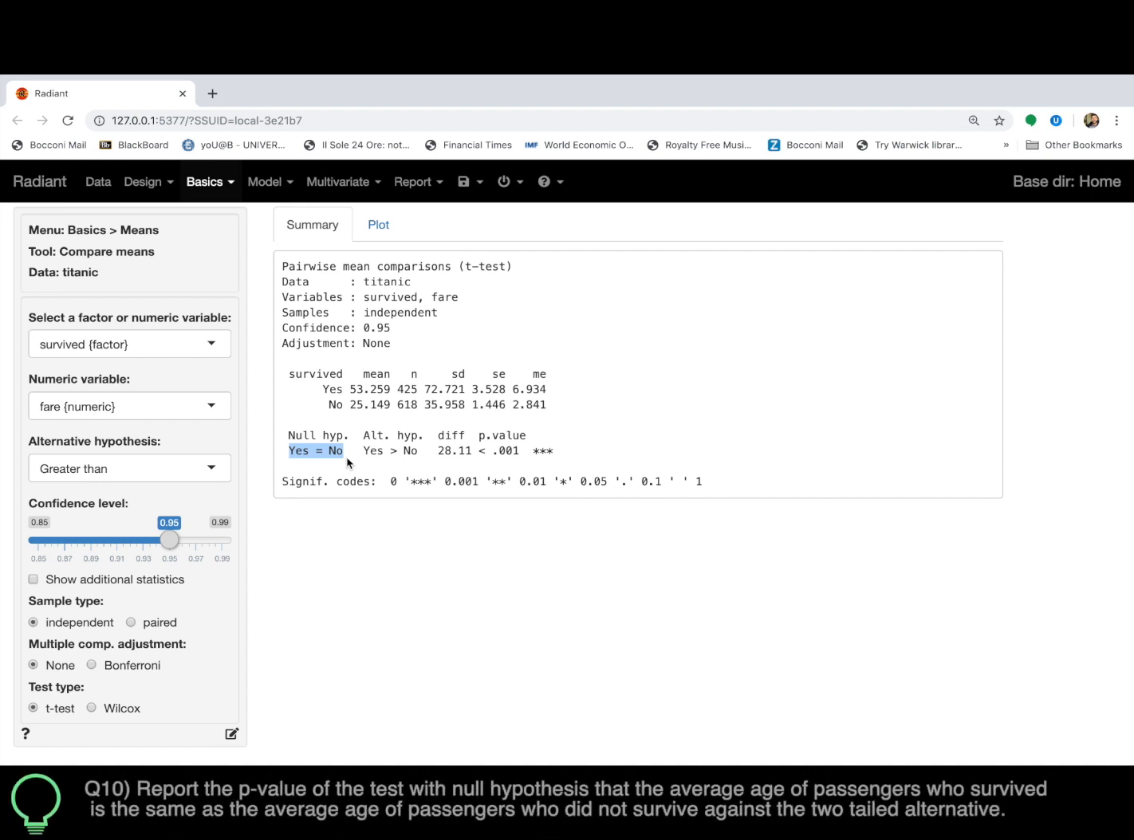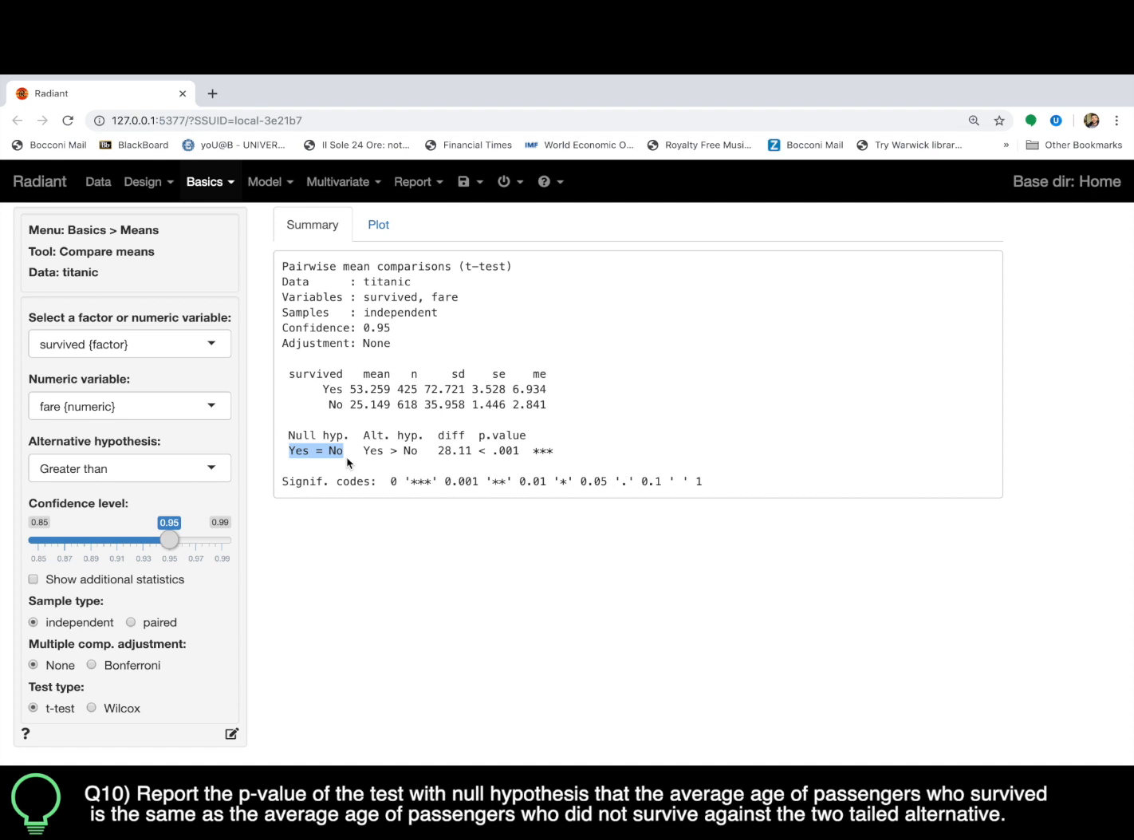Question number 10. Report the p-value of the test with null hypothesis that the average age of passengers who survived is the same as the average age of passengers who did not survive, against the two-tailed alternative. Again, we are comparing averages between the groups of survived people and those who didn't make it. But we want to estimate the averages of the ages. So apparently those who did survive were on average 28. Those who did not survive were on average 30. However, this difference,